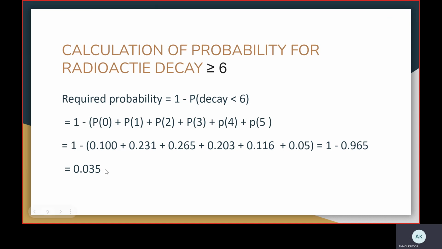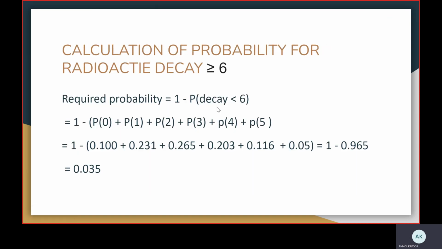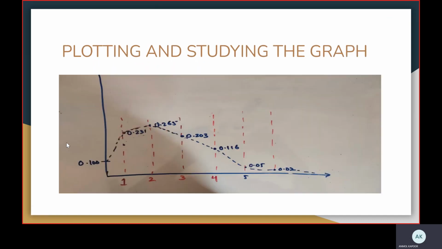And here putting the values of different probabilities from this graph, we got 0.035 as our required probability, which is very low. It is approximately equal to 0. And it is fully justified with the graph that as the value is more than 6, the probability tends closer